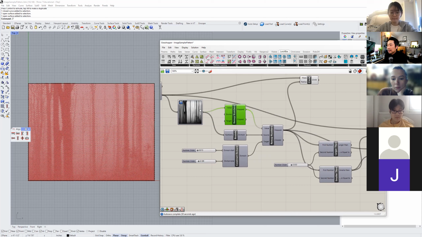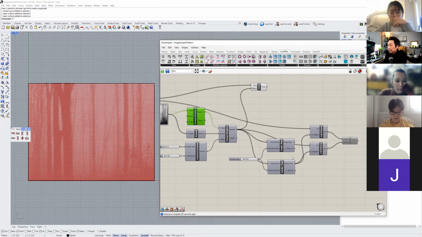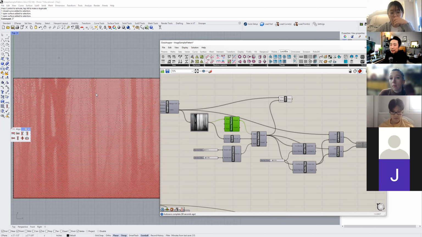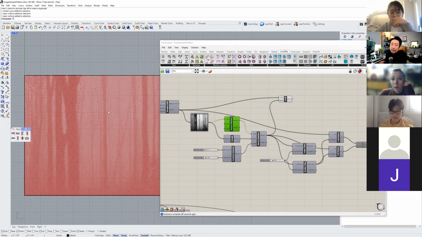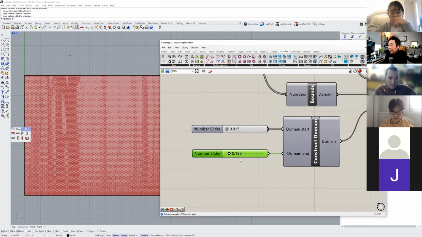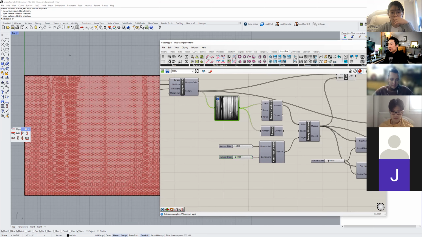So yeah, this basically inverts the value. Again, if there is any aesthetic reason that you want to pursue things one way or the other, you can easily change the value. Part of the idea is that we are going to take this pattern and run it through the machines for fabrication. So this value here, okay, as I mentioned,